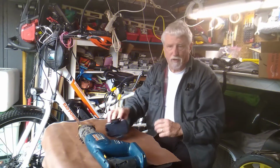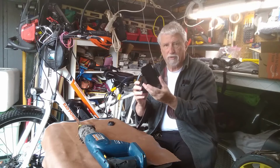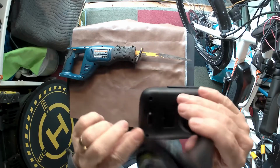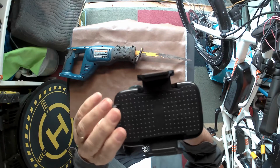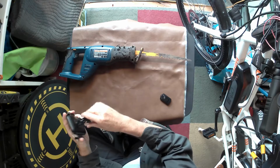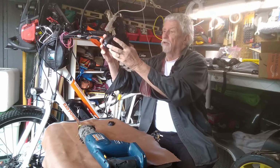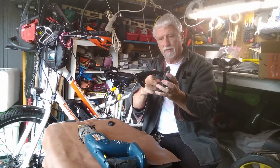Well, this is kind of what I come up with. I like this telephone mount, because it goes in nice. Push this little button on the back right here, and it releases it. So it's not a bad mount, but there's nowhere to put this right here. Nowhere to put it. So what I'm thinking about doing is cutting it off right here,